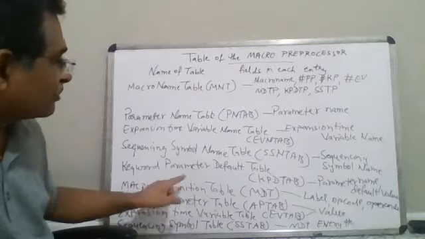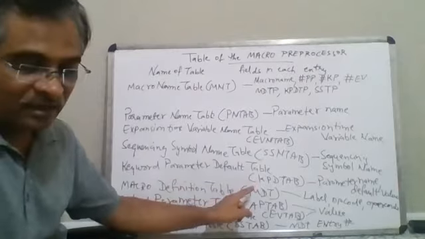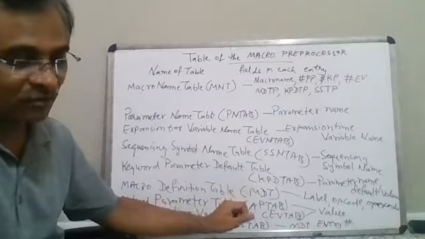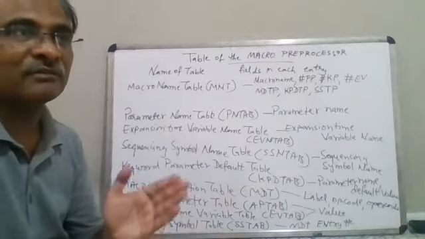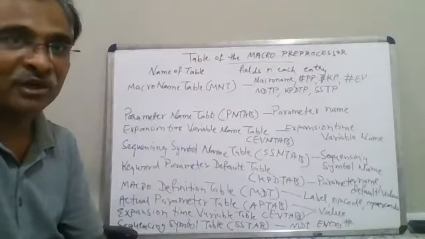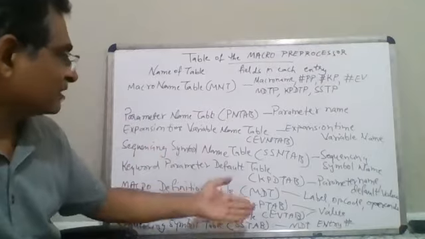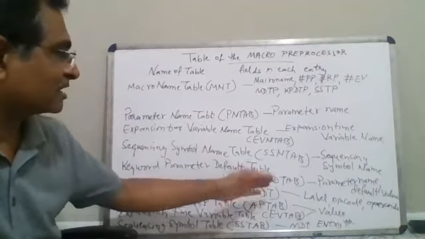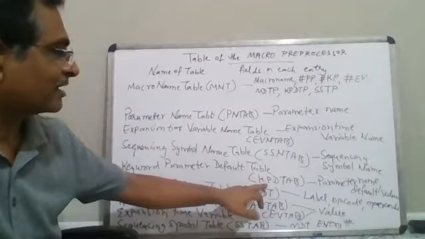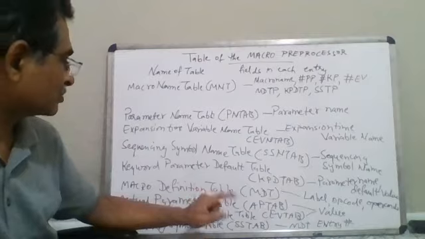So next is the keyword parameter default table. The keyword parameter default table is going to have the parameter name and the default value. As I said earlier, there is positional parameter, then keyword parameter, then default value parameter, and then the mixed one, right? These four options we have seen, and mostly the mixed one is popular. But when we want to specify the value in the beginning itself, what will be the default parameter, then we can say KPD tab equal to parameter name and the default value. In this way, the information would be stored.